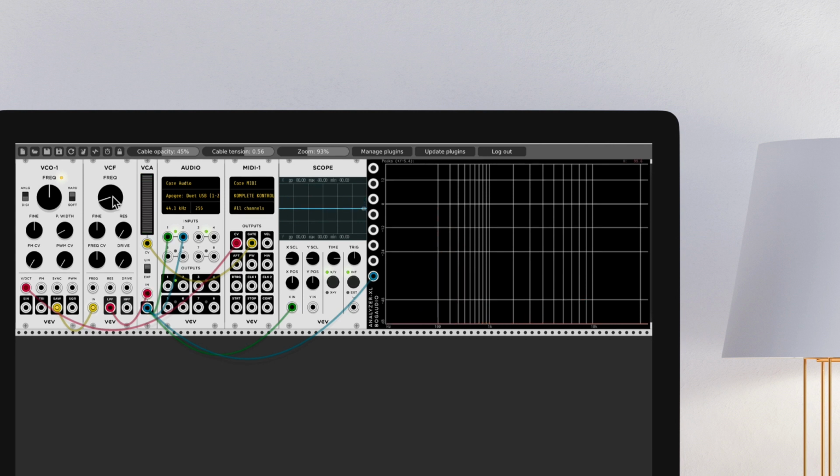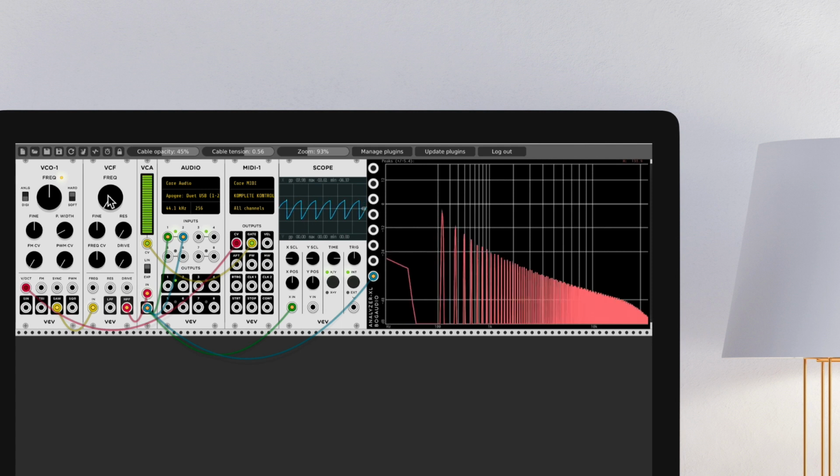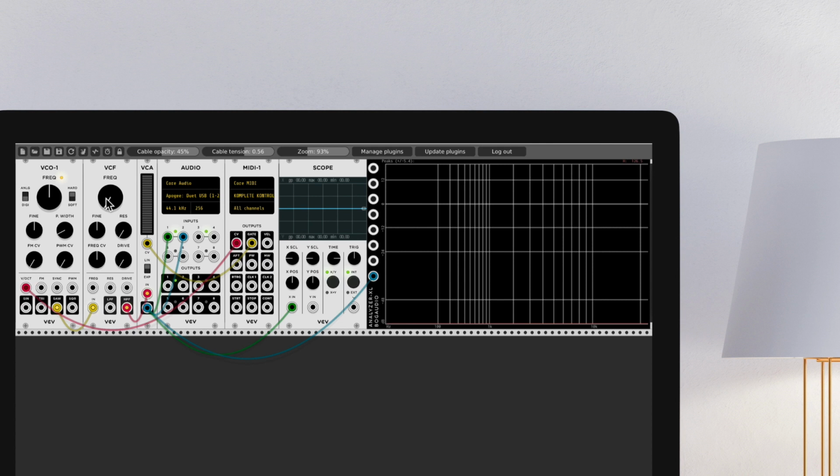Alright, while we're here, let's also check out the high pass filter. So I'll switch this cable. So now the high pass filter is engaged. Now the high pass filter is the exact mirror image of a low pass filter. So I'll set the frequency all the way to the lowest value here. So now when I play a note, it's not really cutting out any frequencies, but as I increase this parameter,